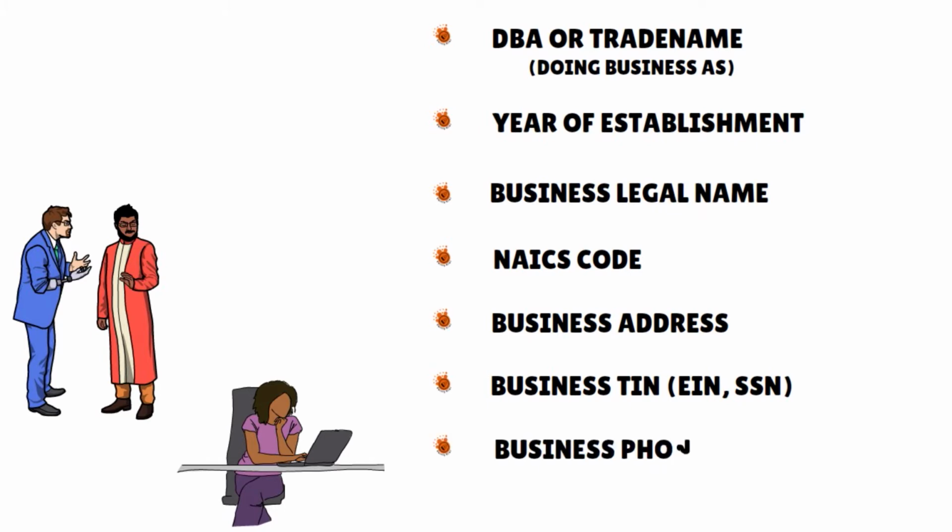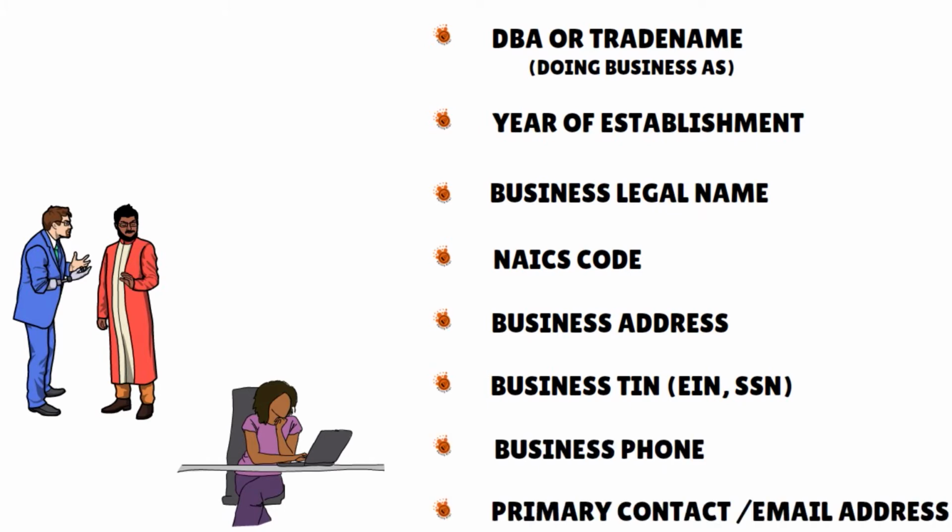So you need to put the business phone, the primary contact, and the email address. Those are important elements, and make sure that everything is consistent. Whatever you put for the SBA, for this PPP second draw loan application, make sure it's the same info that is shown on your tax returns and other official correspondence you've had with the states or federal tax